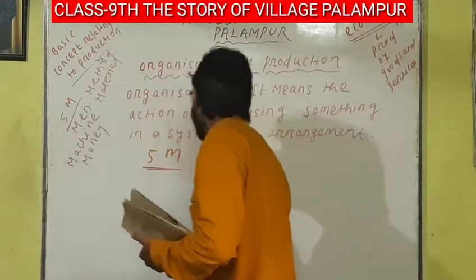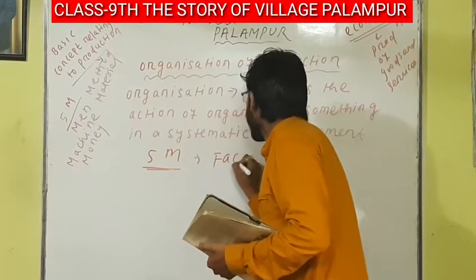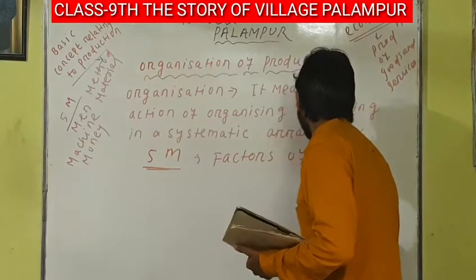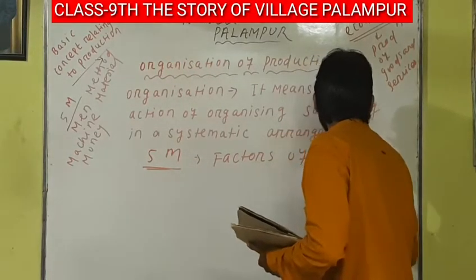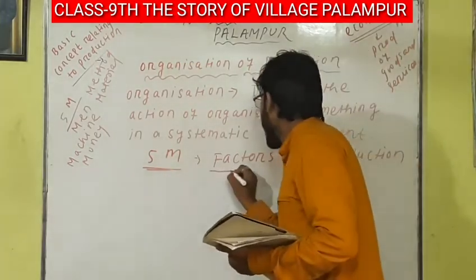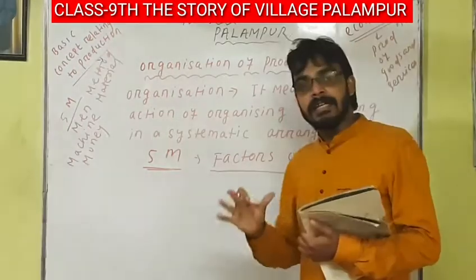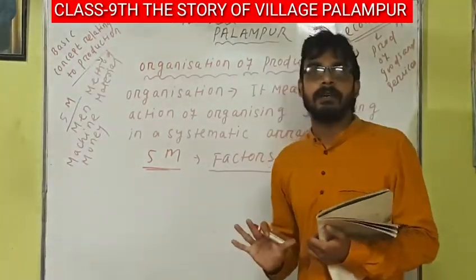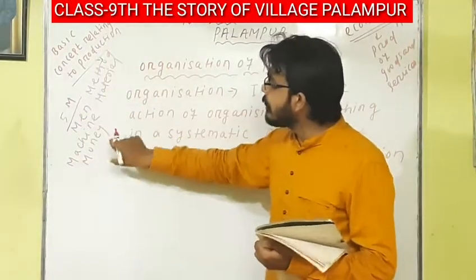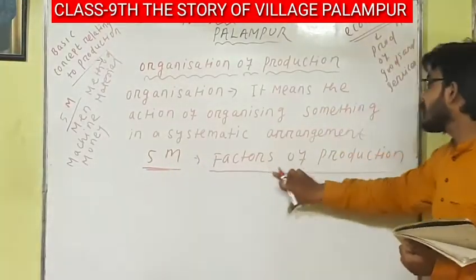That is 5 M, or we call it factors of production. 5 M is also known as factors of production. That means the factors that are required to produce a final product. These are known as factors of production. So we have to arrange these in a systematic way. This means the 5 M: man, method, machine, money, and material, which is known as 5 M, factors of